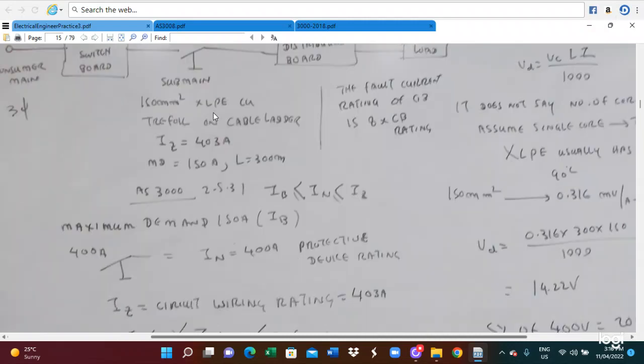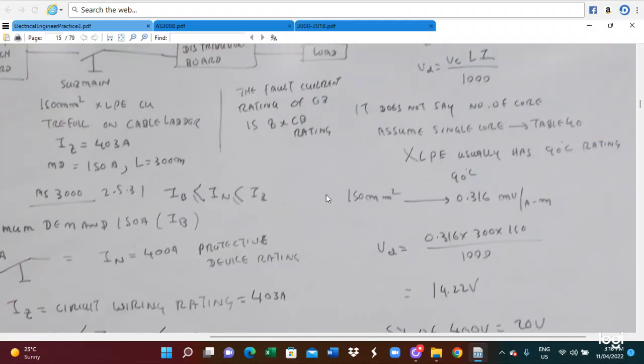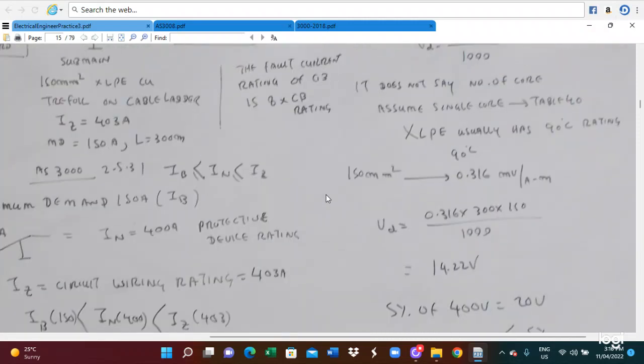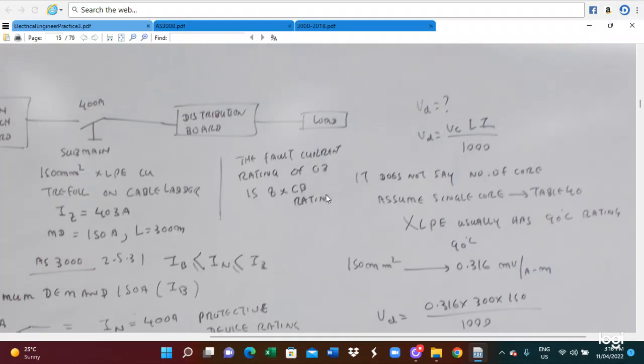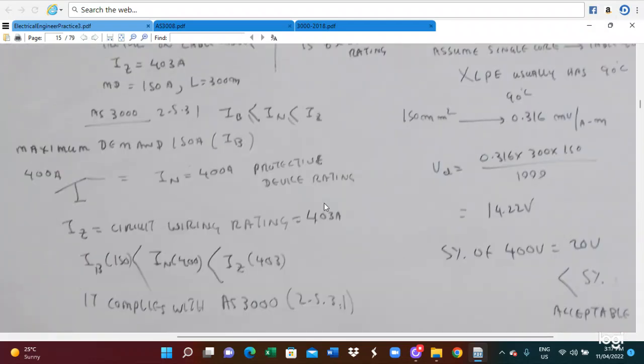Protected by rating given, 400 ampere. IN is 400 ampere, and the IZ value will have to be calculated. IZ is the four-loop current rating, which can be calculated. So in this case, the four-loop current also